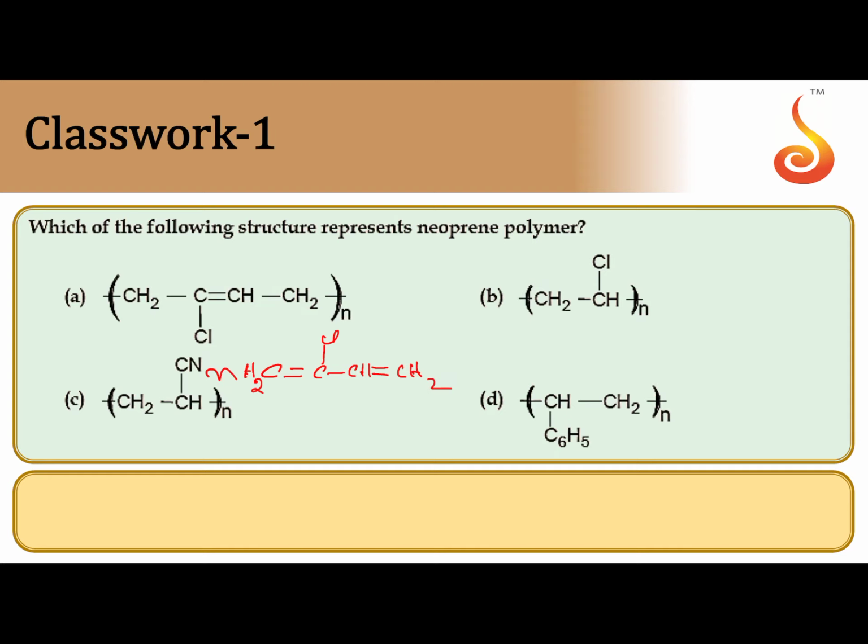During the polymerization, what happens? The terminal carbon will become free, one pi bond is shifted and another pi bond is broken. So finally only one pi bond is broken, the other pi bond is just shifted. The terminal CH2 looks for a bond with another monomer, and Cl remains present. The double bond is shifted from 1-2 to 2-3. So this is the repeating unit present in polychloroprene, also called neoprene. So the correct answer is A.